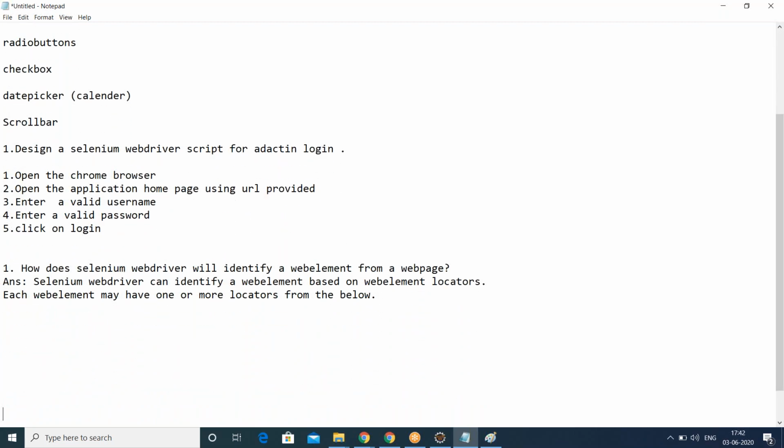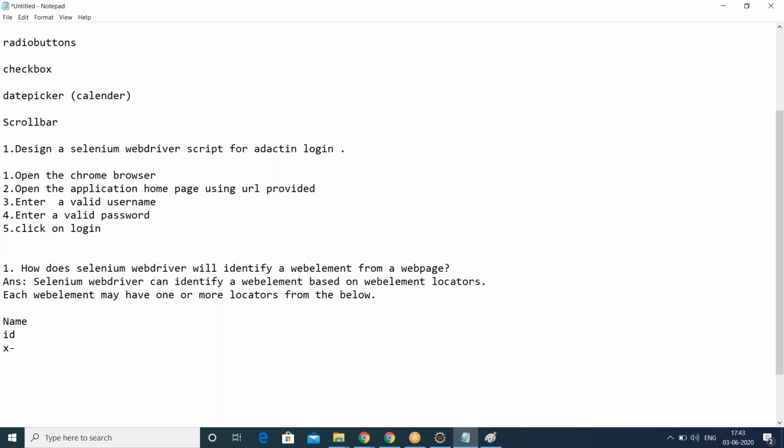What are the different locators available, guys? Name, right? ID. So definitely, your web element can have any of these locators. I'm not saying that your web element will have all these locators, maybe some of them for sure.